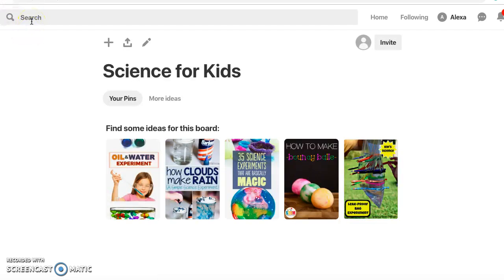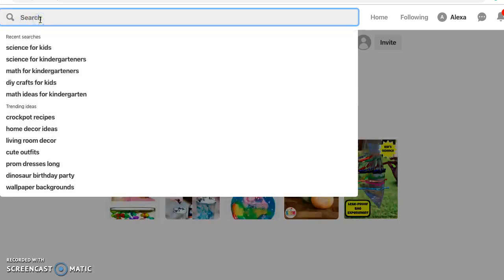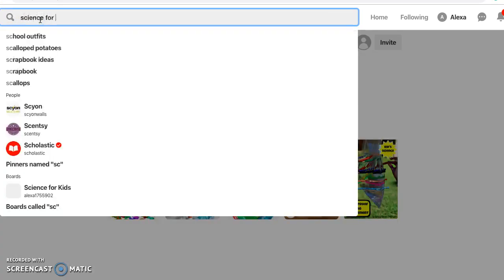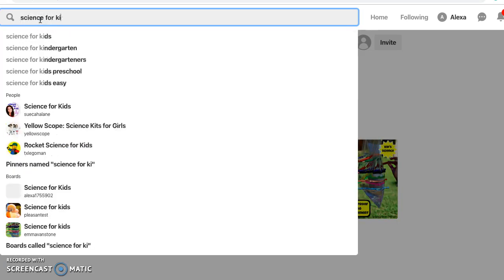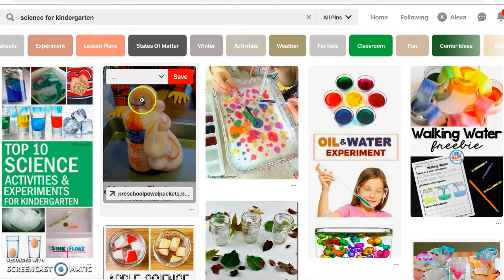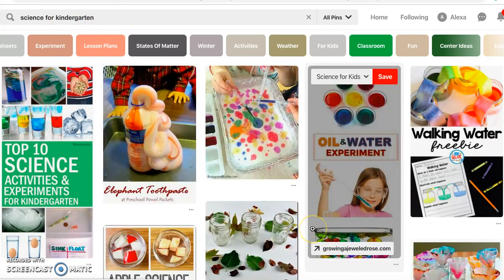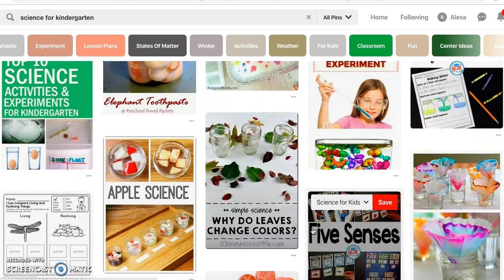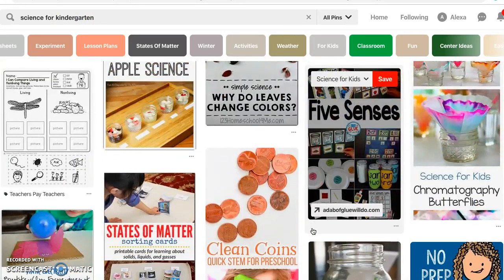So now I want to be able to add some pins to this. So I'm going to go back up to my search bar, and I'm going to type in Science for Kindergarten. And all of these different ideas pop up. Elephant toothpaste, apple science, why do leaves change colors? Thousands of ideas. And remember, when you're trying to find something for your classroom, you can take something you find, combine it with something else you find,